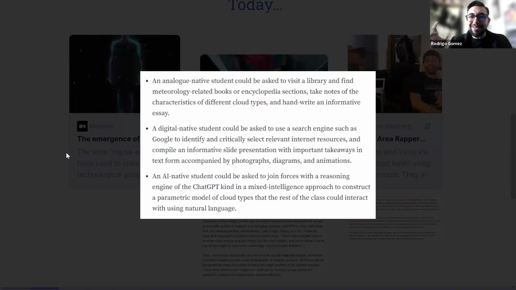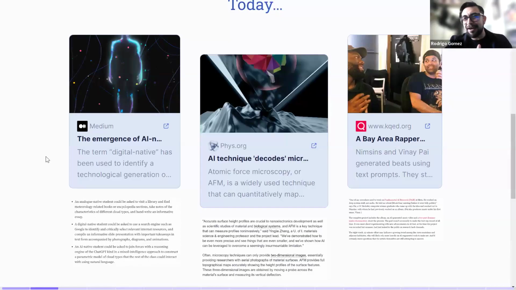Well, maybe we're not there yet, but the point is that we may have to alter how we see the technology being used in the classroom. And the idea of AI natives has emerged in the conversation. So the article is there. I know the link before didn't open up, but if you go to the Medium website, you'll be able to